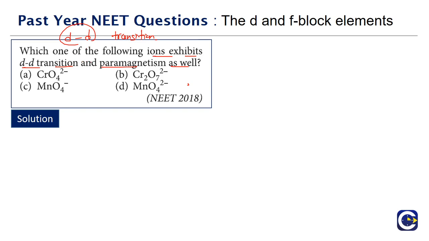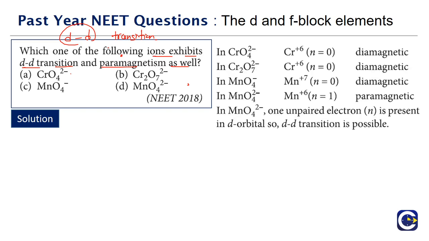What we are supposed to do is, in these ions, we look at the respective d block atoms or ions, and see which of them has unpaired electrons in the d orbitals. Unpaired electrons means paramagnetism will come, and if electrons are there, we can see that d to d transition is going to happen. So here we have to look at which of them will exhibit both the d to d transition as well as paramagnetism. So if you look at these